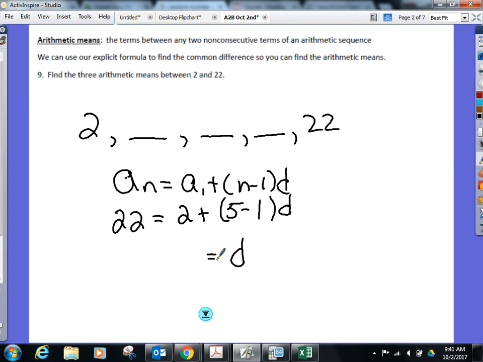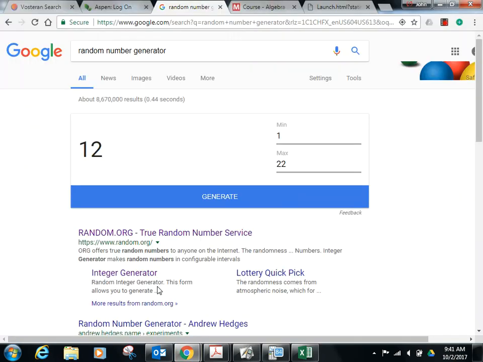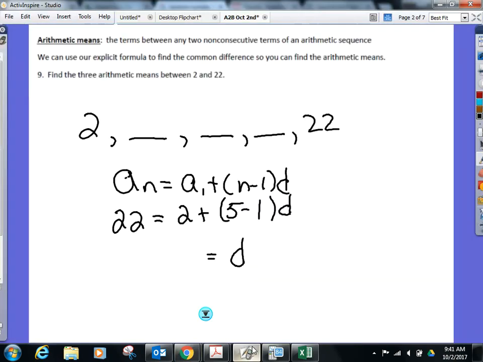Yep, you're going to have to distribute. Well, actually, you don't need to distribute. Just do 5 minus 1. We're coming up with the value of D right now. 4? 5? Yep. So what am I going to do with that 5 now to find the 3 arithmetic means I